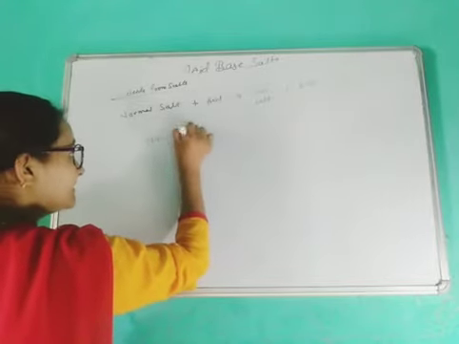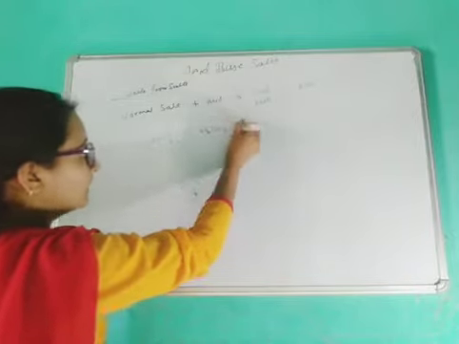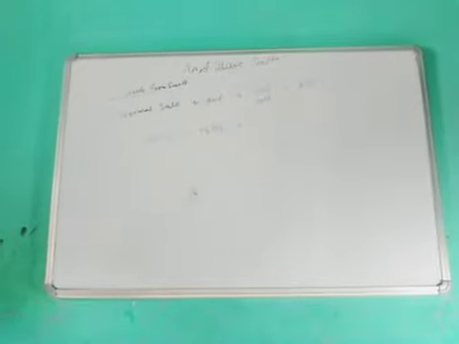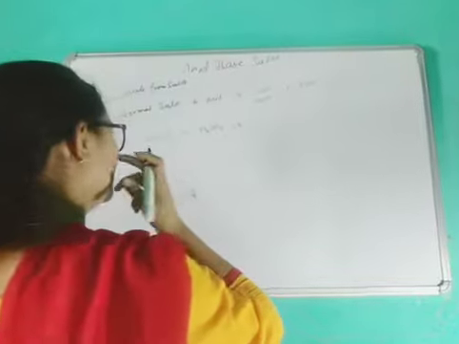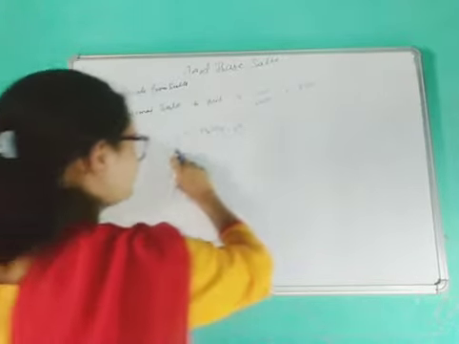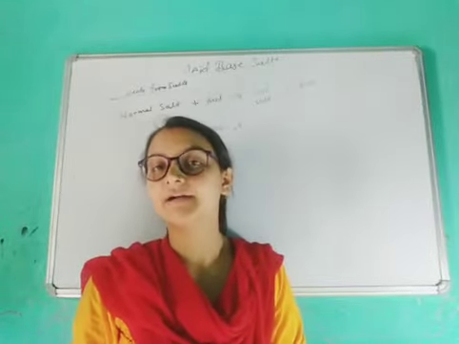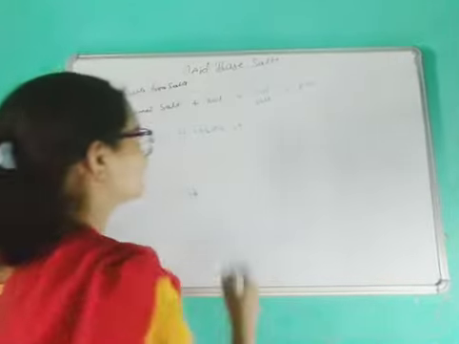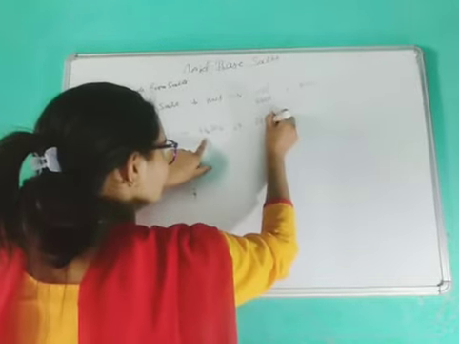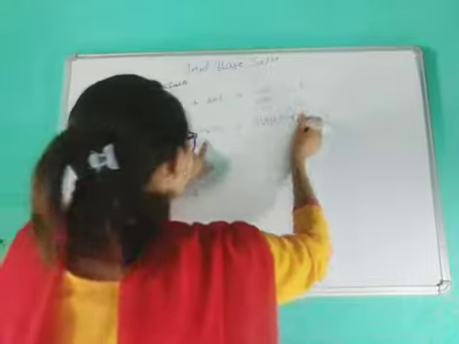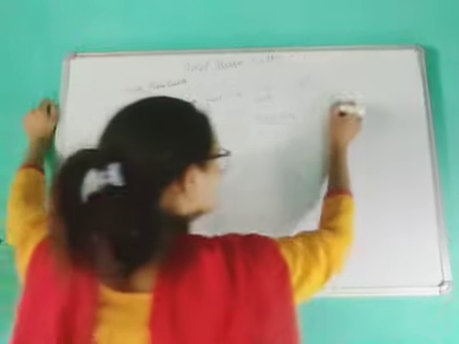So for example, the normal salt NaCl is reacting with H2SO4, which is an acid. Now you have to give heat. It will form an acid salt. Acid salt means those salts which have a hydrogen. So for example, NaHSO4, and from here one H and Cl will form HCl.